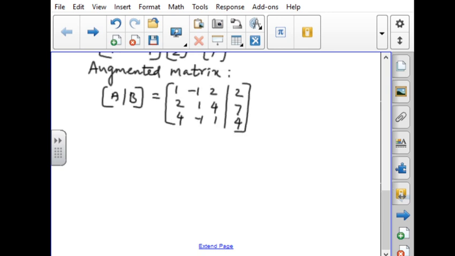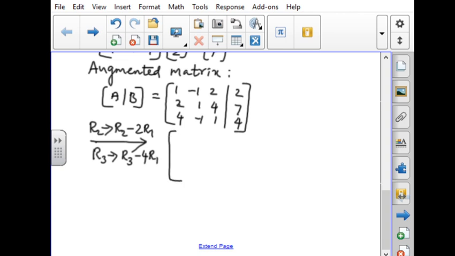Yesterday we saw how to find the rank of a given matrix. So now we need to take the echelon form, that is, these three places must become 0. What do we have to do? We can consider R2 changes to R2 minus 2R1, since it is 2, we multiply the first row by 2. Similarly, R3 changes to R3 minus 4R1. Now we are going to apply this.